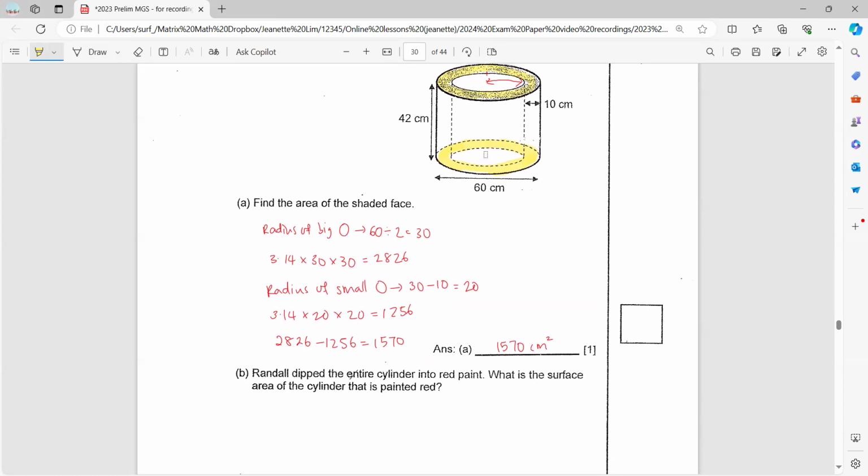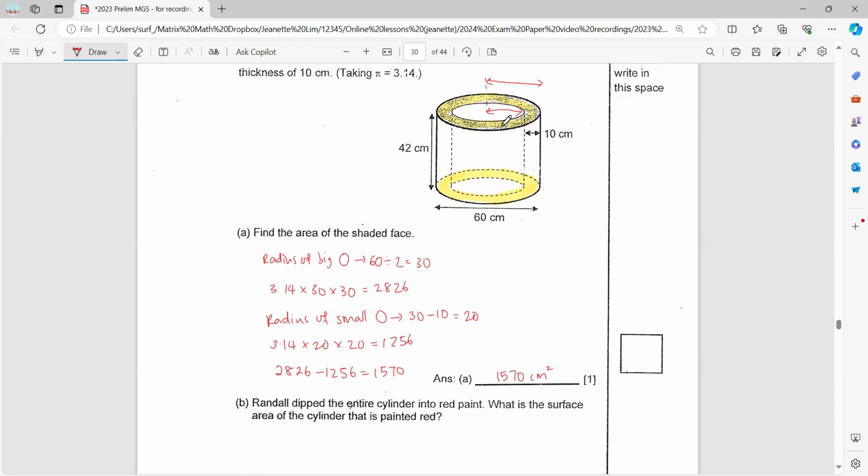Then next we need to find the surface area that is around this cylinder, as well as on the inner part of the cylinder. How do you find the surface area of the cylinder on the outside? The curved surface area. If you can imagine, when you unroll it, imagine this is a rolled up piece of paper. When you unroll it, right,